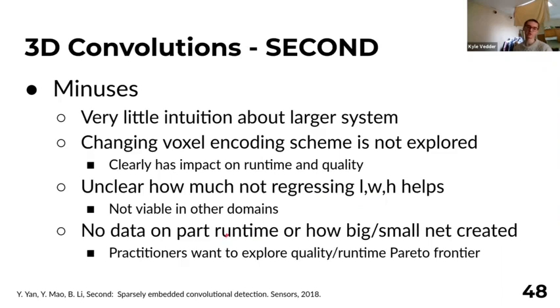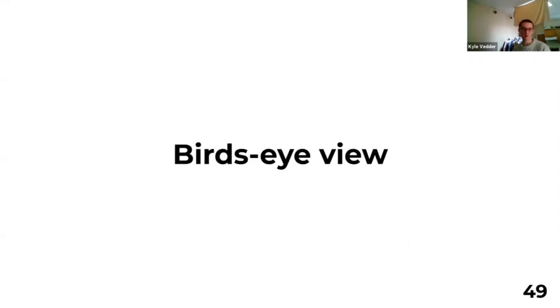And they also don't provide any sort of runtime data on the different components of the network, i.e. how much time is spent just in convolution versus their backend versus whatnot. And this is of value to practitioners because they would like to explore this quality runtime trade-off Pareto frontier that I talked about earlier. So they also, finally, don't provide any intuition about why they made the changes that they made in order to create the big variant and small variant. They simply said, we did this, and the small variant, a little bit worse, twice as fast. So with that, I want to move on to the second